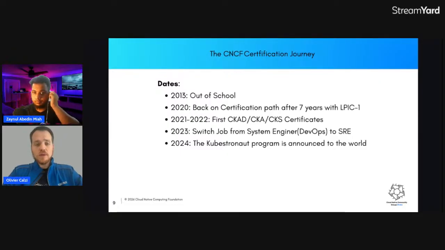keeping the learning alive with the projects I was on, the curiosity, but also building experience through that. Until back in 2020, I was able to go back into certification because in 2020 we were already being hit by the Docker wave. It was everywhere. GitLab was also really strong at the time, and we were already speaking a lot about CI/CD.